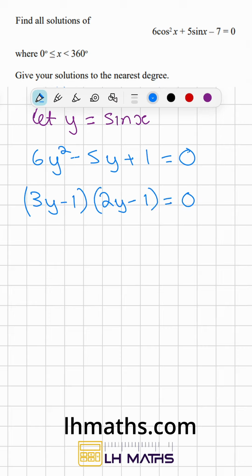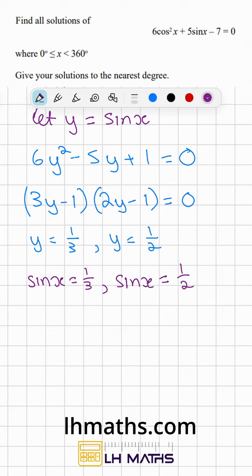And then if you work that out, we'd get y is equal to a third, and we would get y is equal to a half. And now we can substitute back in our sine. So we know that sine x is equal to a third, and we know that sine x is equal to a half. So if we look at the sine x is equal to a third, okay,